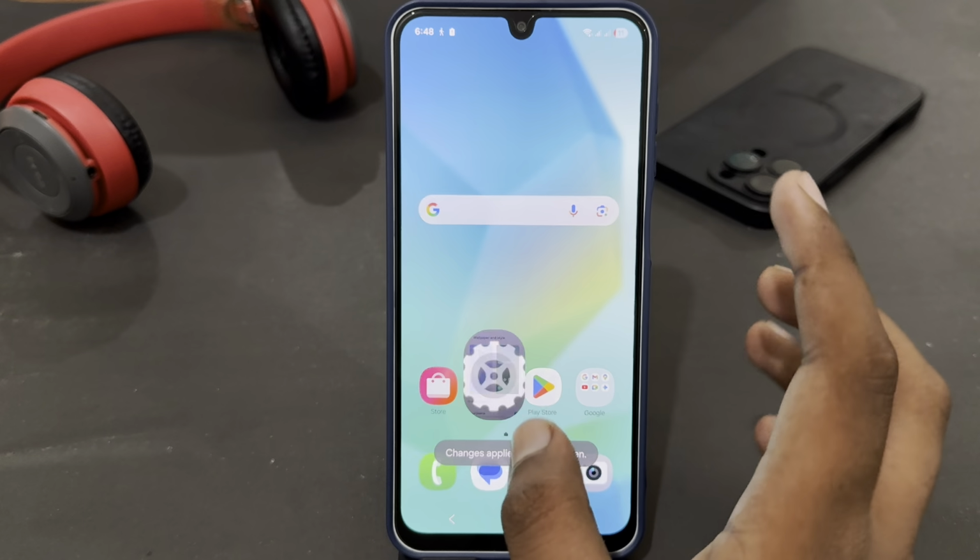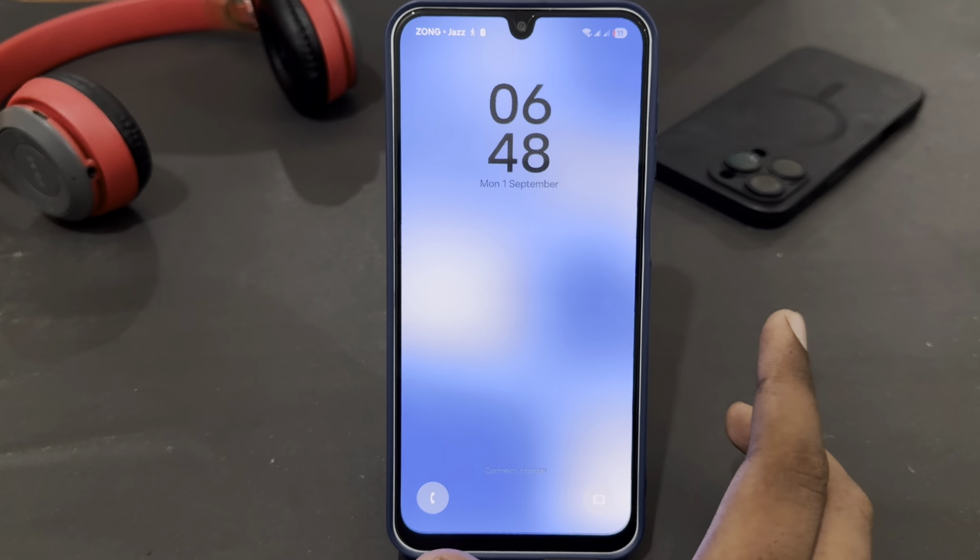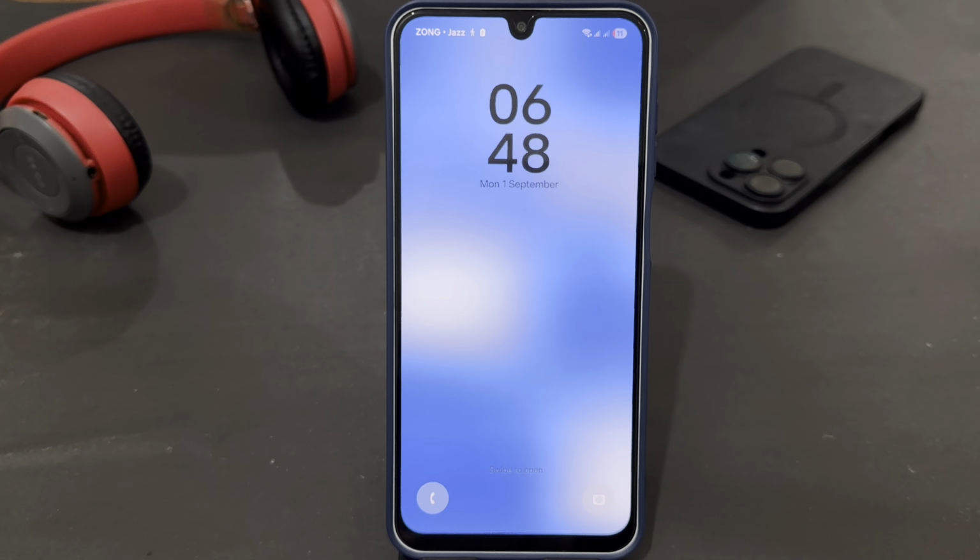So you can see wallpaper of lock screen has been successfully changed. So that's how you can easily change your lock screen wallpaper in